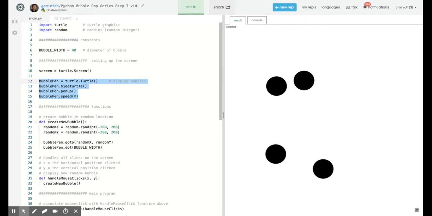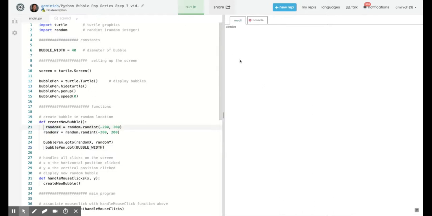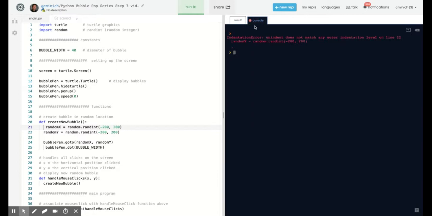Okay, the rest of this program. There's a function called create new bubble. It's a defined function. All of its code is indented very evenly because that's the rule of Python. If you have one extra space here or here, and you try to run your program, it won't work. You'll get an error message here in the console output screen, bad indentation. So you really have to be careful with your indentation, whether you use spaces or the tab key on the keyboard. All the lines of code that are meant to be inside of a function must be indented